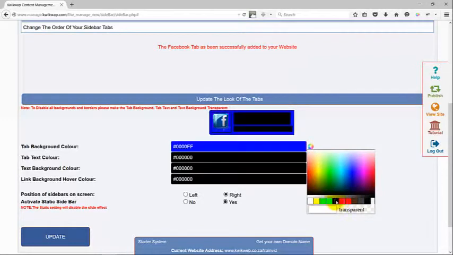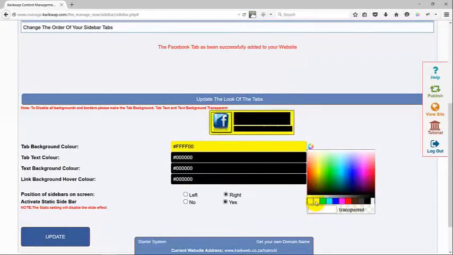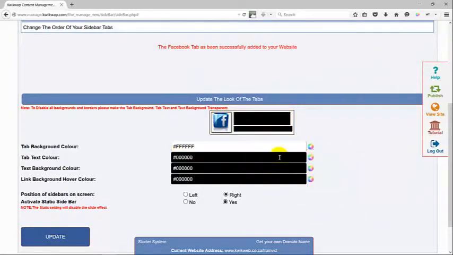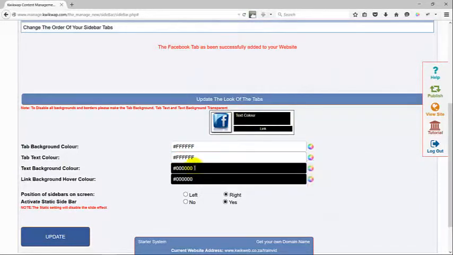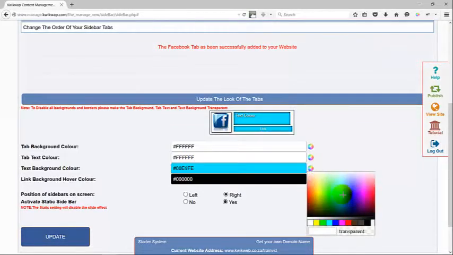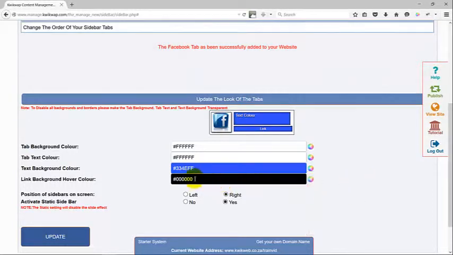Again, if we hover over the different colors, you will see in the preview window exactly what it will change to. So if we make that white, if we go to the text color, if we make the text color white as well, if you look at the background color, you'll see exactly where the background color is. So if we make that blue to fit in with the Facebook thing,